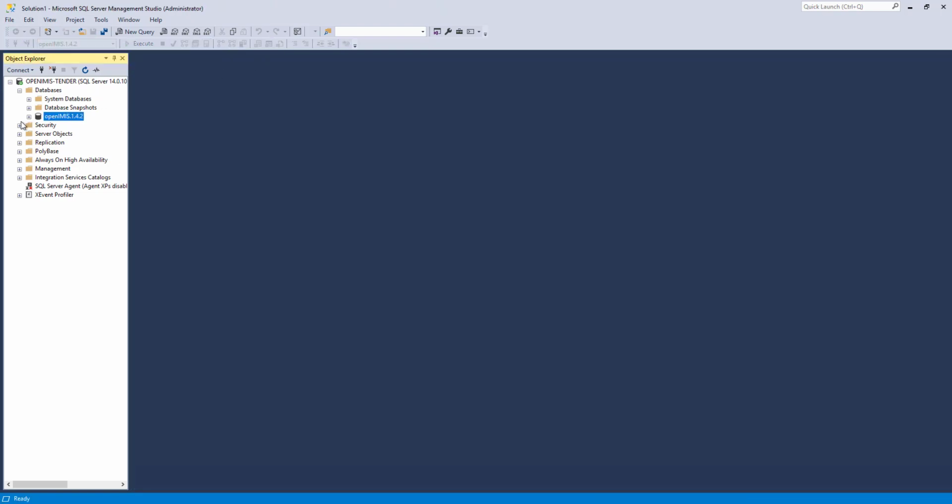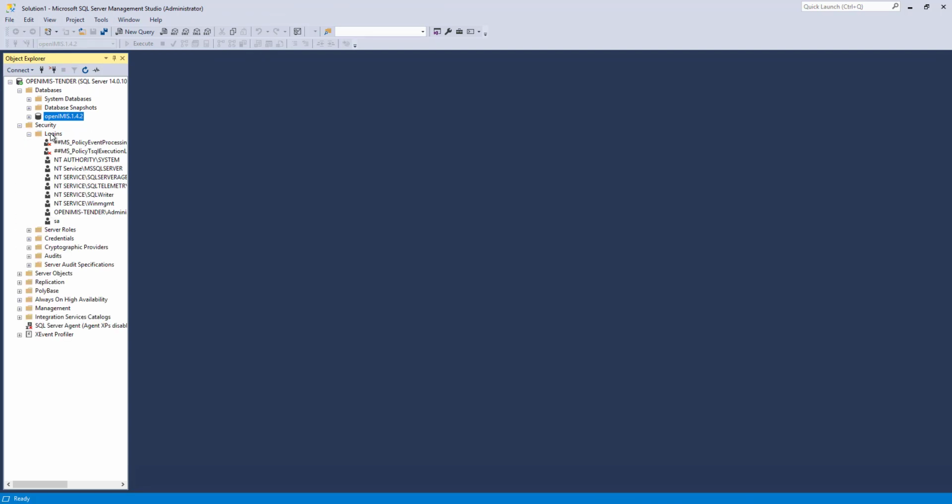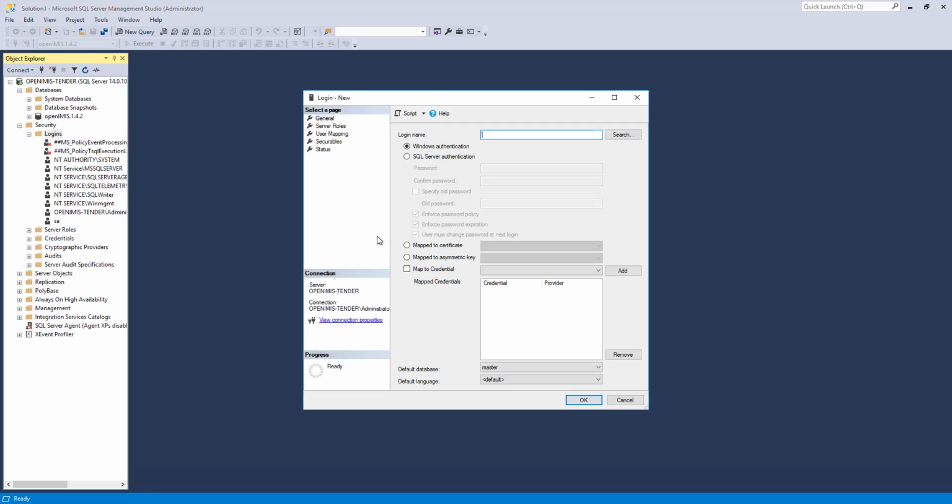For security reasons, we suggest to create a dedicated user for the OpenIMIS database. Right-click Logins and select New Login. Enter the login name, select SQL Server Authentication and write the user's password.